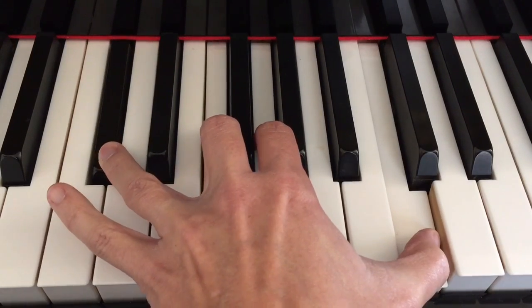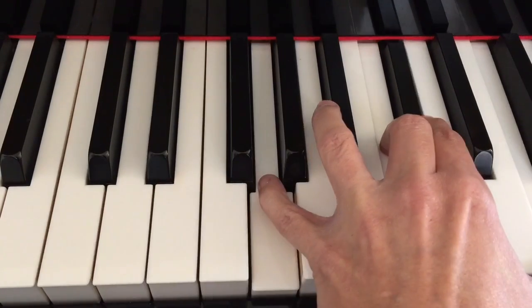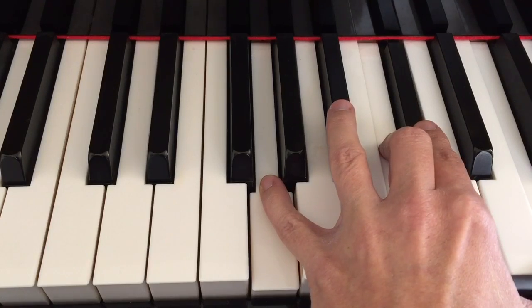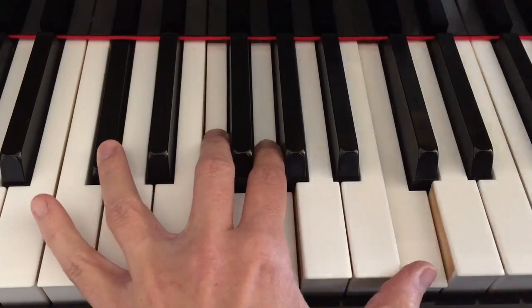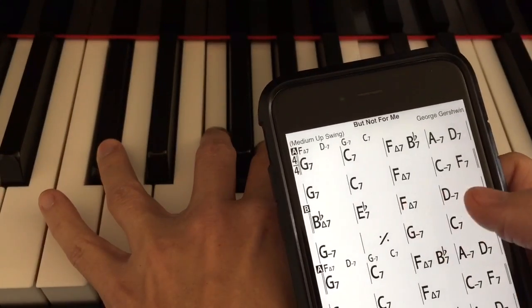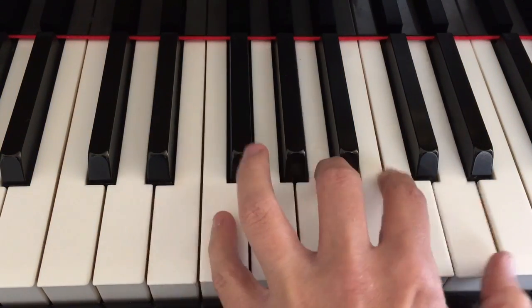It's okay, you can play it here, or if you want, you can hop from the B flat major chord up to this E flat 7 chord. Either way you want. I think we'll go ahead and stay muddy for now. So E flat 7, now we're right here, F major to D minor. There's our F major, here's our D minor,